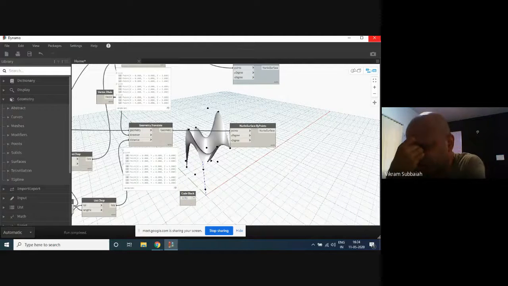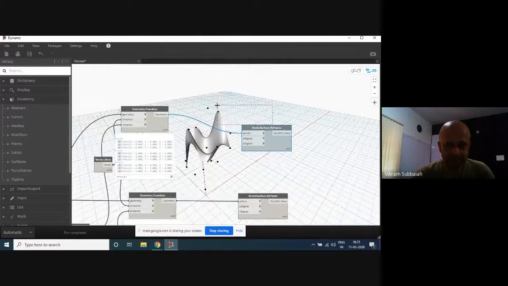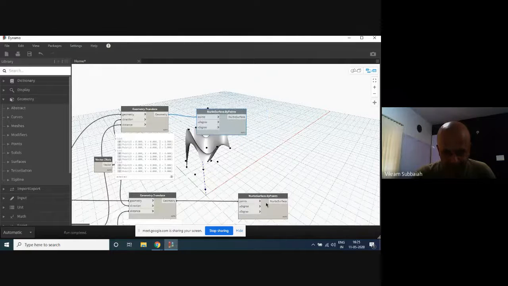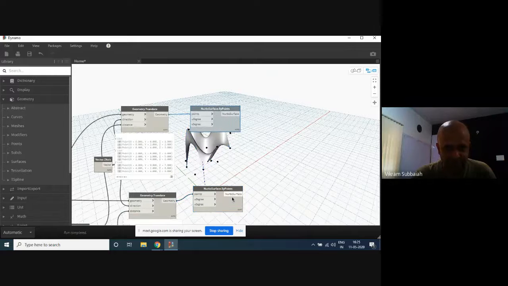What do you call these shell structures that are structurally inherently stable? I don't recollect the term. The stuff that Frei Otto and all these guys used to do.